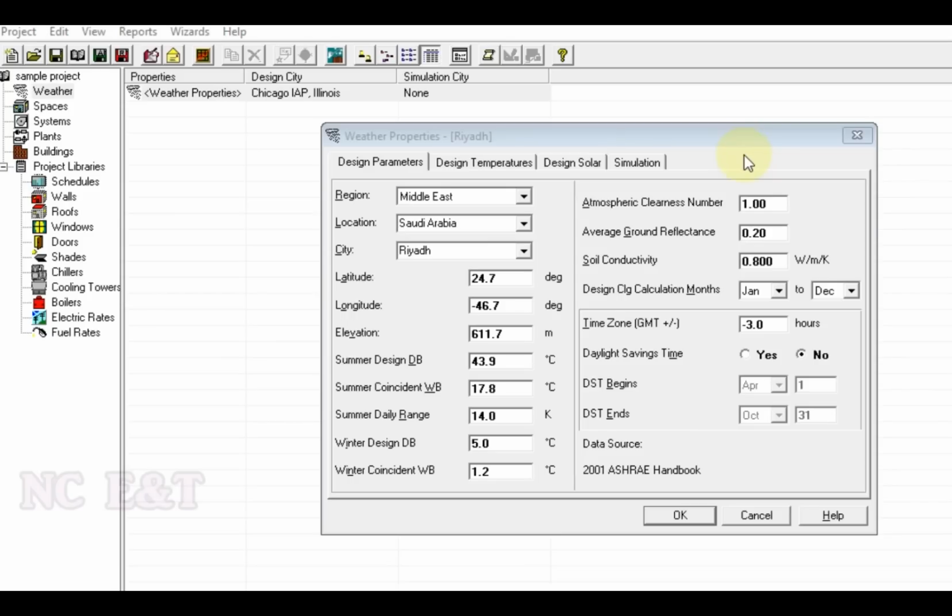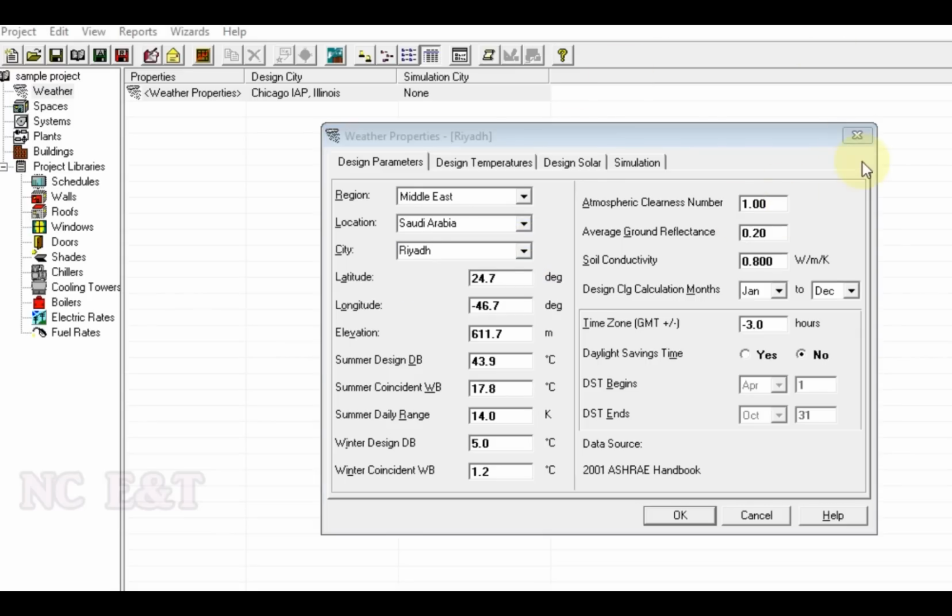But one question comes to our mind now. When we click the city, it shows only 3 cities, but in Saudi Arabia we have a lot of cities. The same is the case for other countries. This program is not showing the names of all cities.